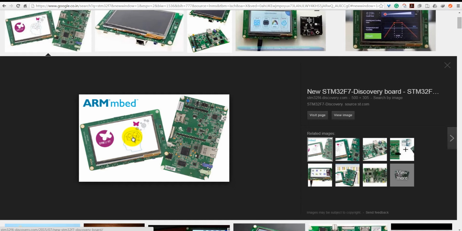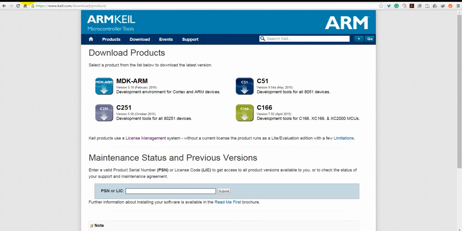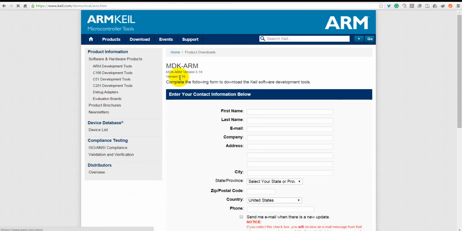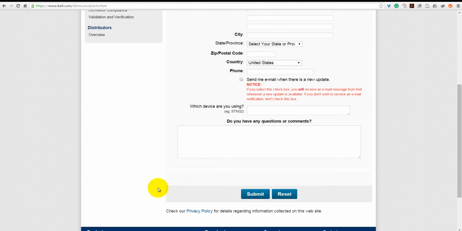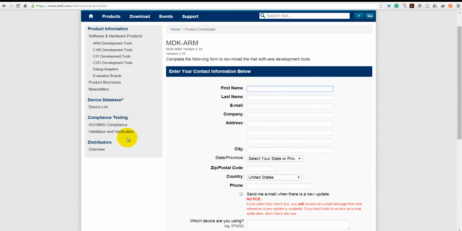So we will program it using Keil MicroVision. If you don't have Keil MicroVision, you can download it from keil.com. You need to download the Keil MDK-ARM. It will take a little bit of time. Wait here, fill in your details, then click on submit, and it will lead you to a link where you can download Keil MicroVision and install it, and then you can continue to watch this video